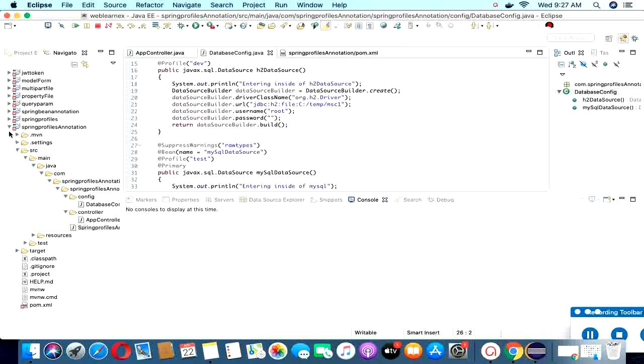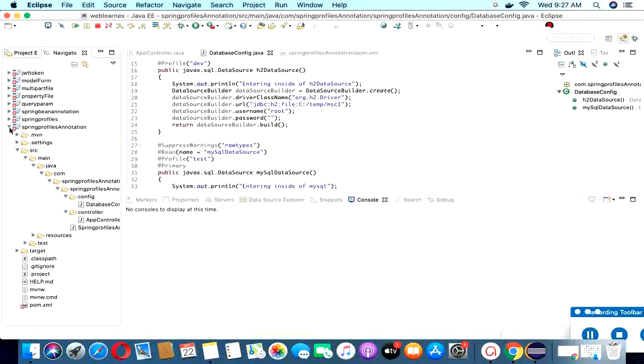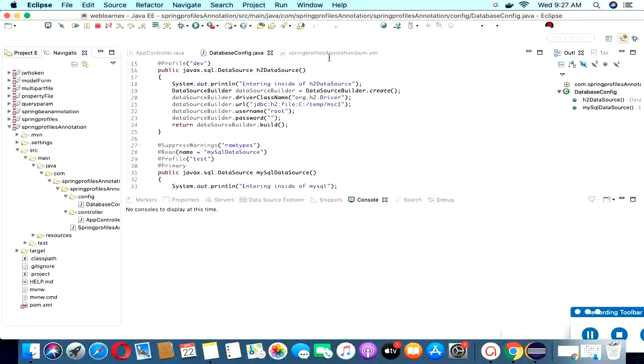So I set up one project. It's a Spring Profile annotation project. In this project I added some dependencies because I'm going to implement some DB configuration, like MySQL DB and H2 DB.